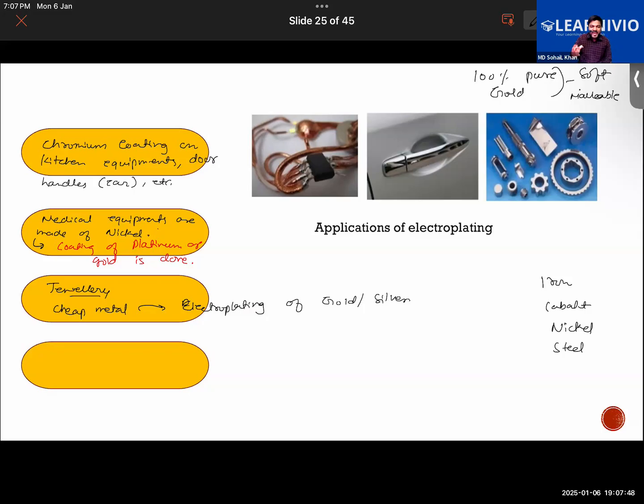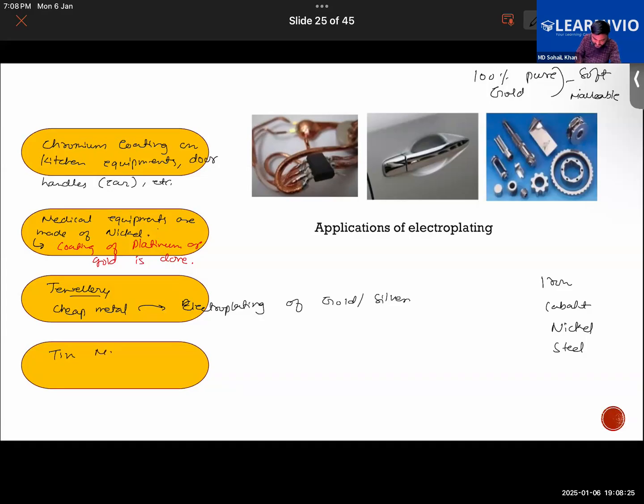Then the tin cans that are used for the storage of food. There is a coating of tin on them. For example, if you were to make a can of iron, it can spoil the food, as it will react with the food and the food can become toxic. So we take iron and a coating of tin is done above the iron, as tin does not react with the food easily, hence it prevents the spoilage of food. Getting it, everyone?